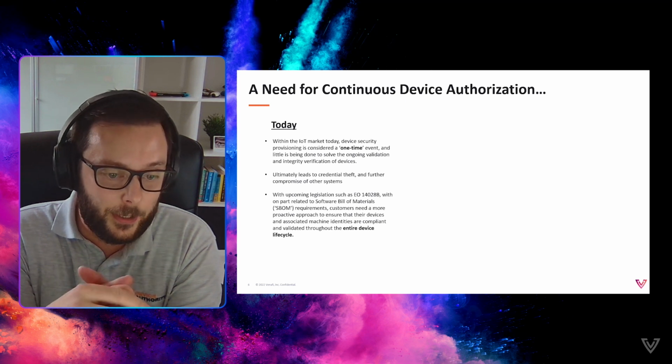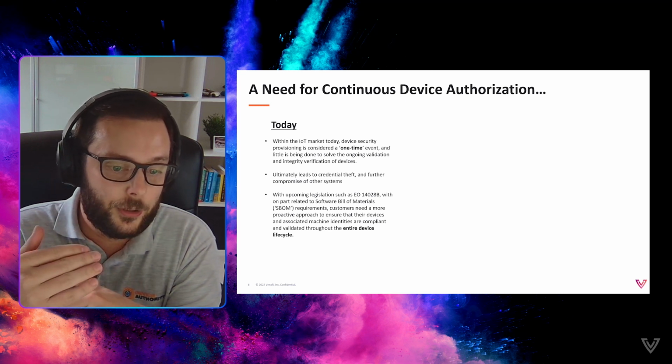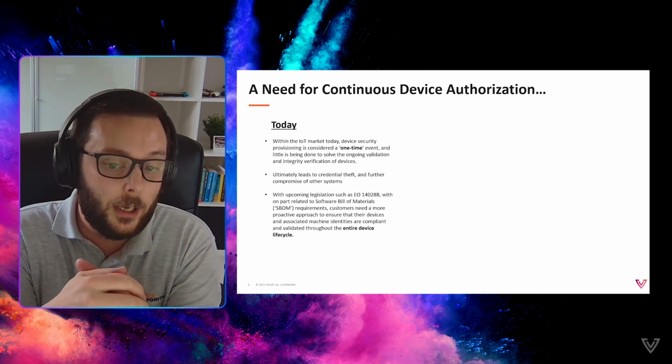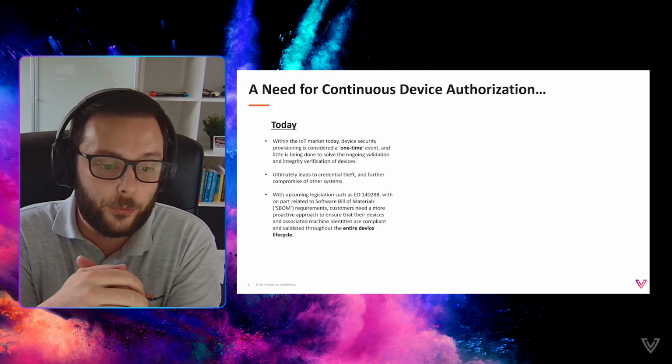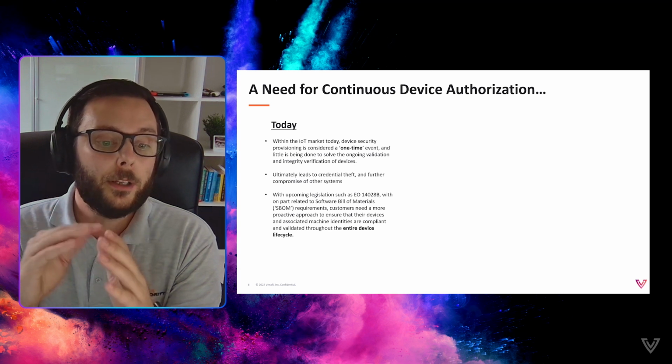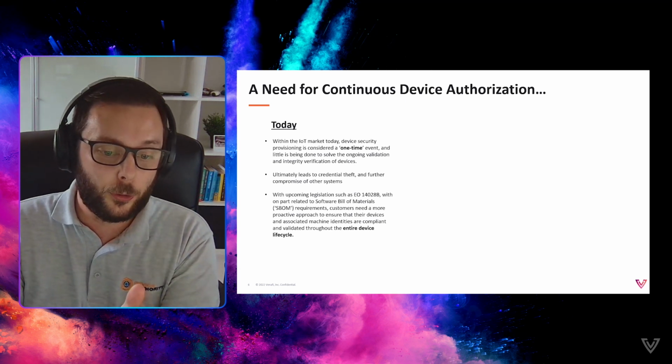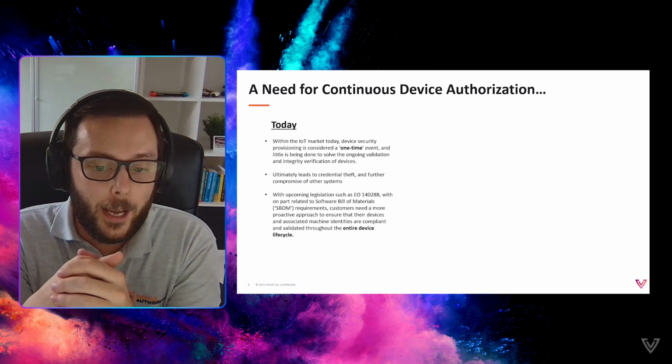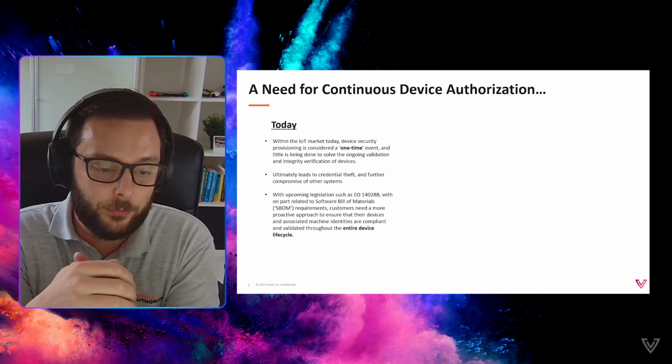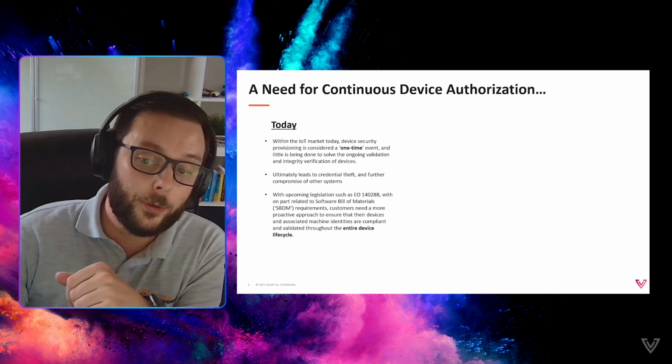So we can't underestimate that, absolutely, but you really have to take that information and include it in something like a continuous authorization process to help build an overall trust profile of the device, and then apply some additional authorization and control on top of that.